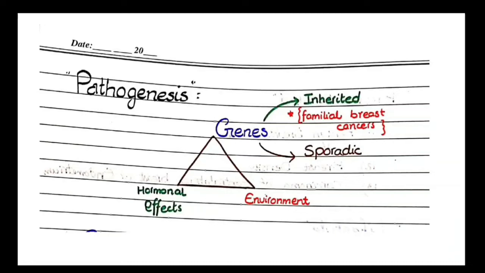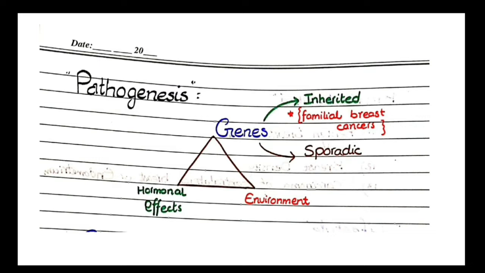In this video, we will discuss the pathogenesis of breast cancer. The word pathogenesis means development of pathology. Now, for the pathogenesis of breast cancer, there are three factors that interplay to result in breast cancer. These three factors are genetics, hormonal effects, and environmental factors. These three factors interplay to result in the pathogenesis of breast cancer, and we will discuss each of these